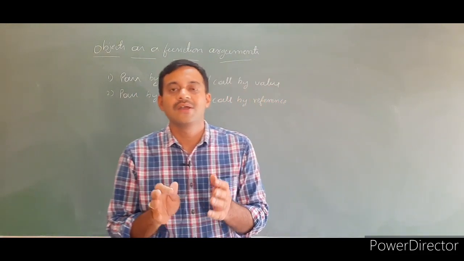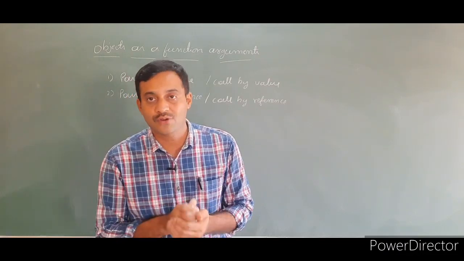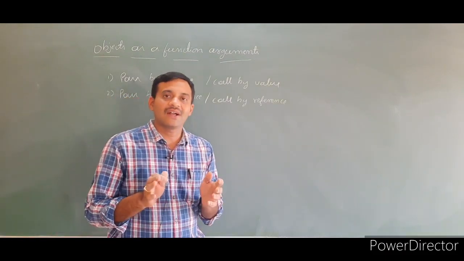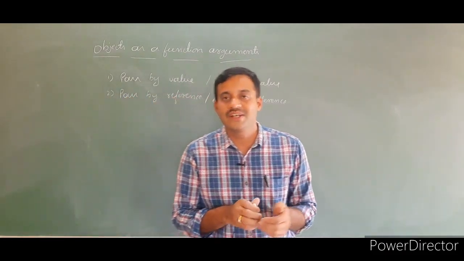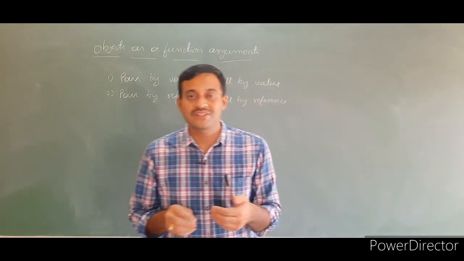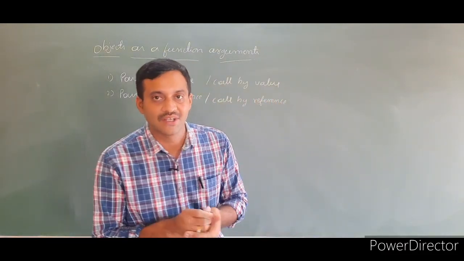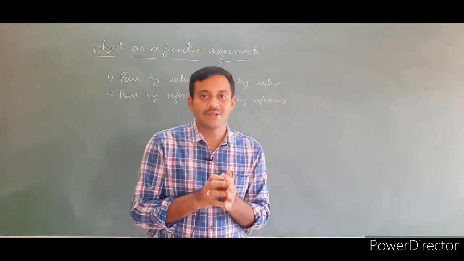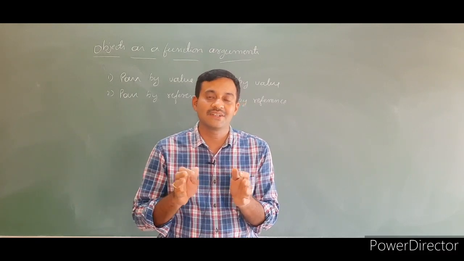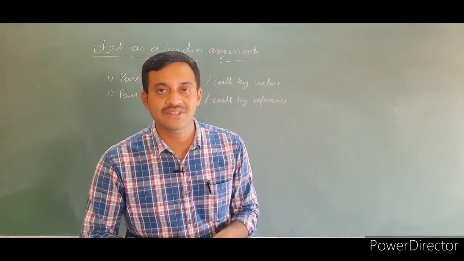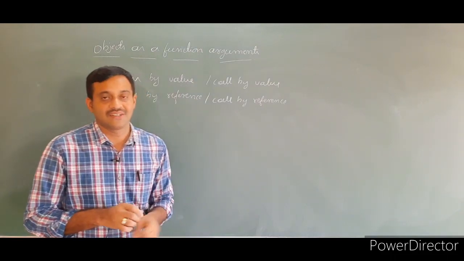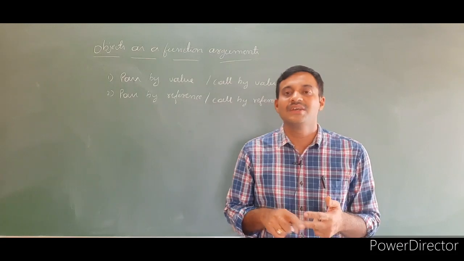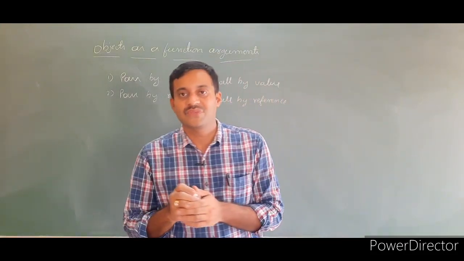That is the formal arguments. Then in the pass by reference method, we send the address of the objects to the arguments. That is, we send the address to the function. If we make any corrections on the arguments present in the function header, that directly affects the original objects. There are 2 types of objects. One is the original objects, and another one is the arguments present in the function header.